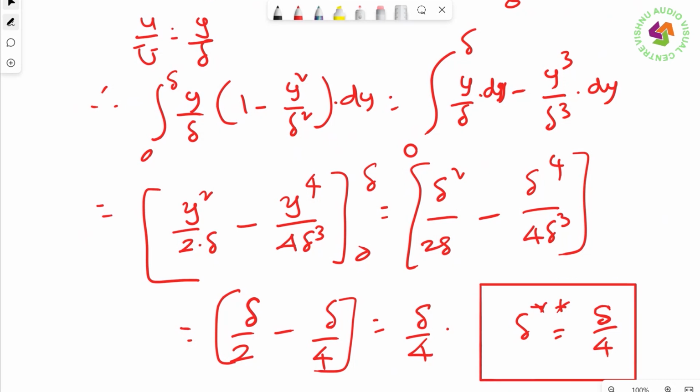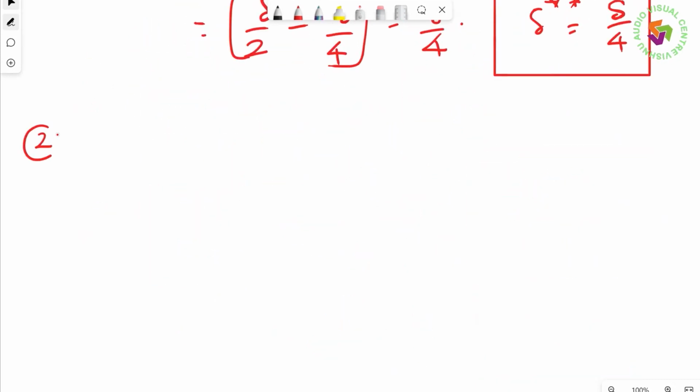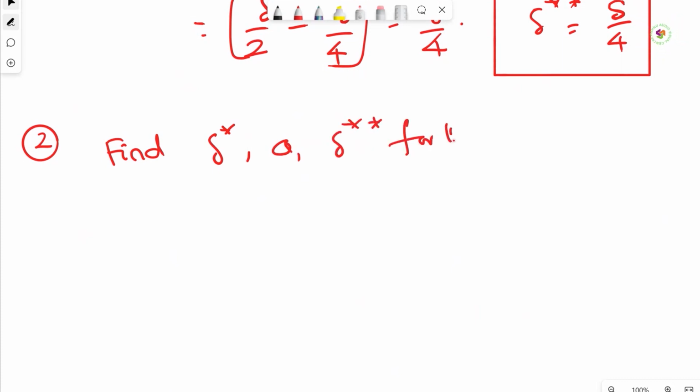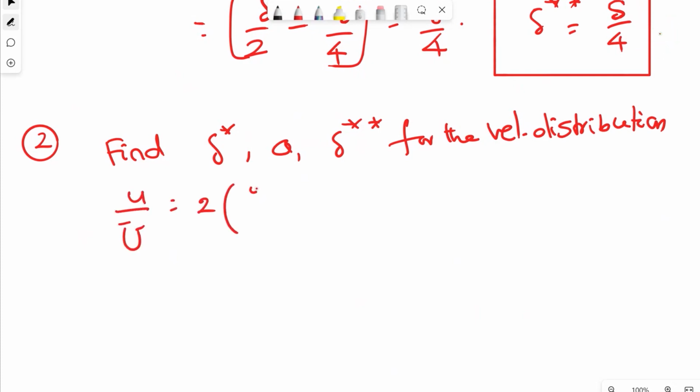So now I will do the second problem, because out of these two problems there is a guarantee that one of the problems may come in the end exam. So the second one is again: find delta star, theta and delta double star for the velocity distribution u by capital U is equal to 2 into y by delta minus y by delta whole square. This is the second problem. So how will I do it? Let me go straight away to